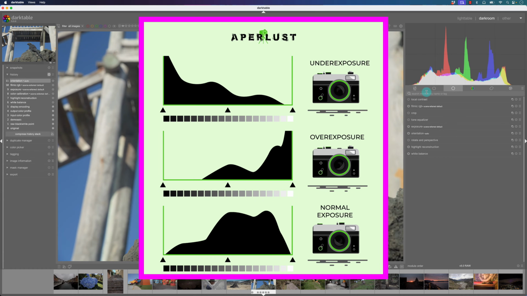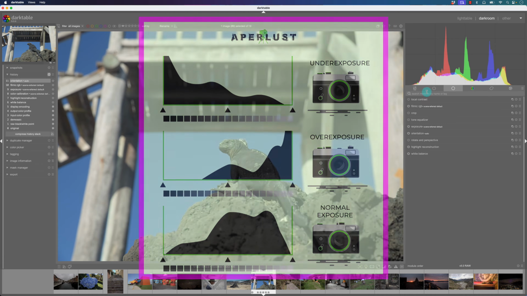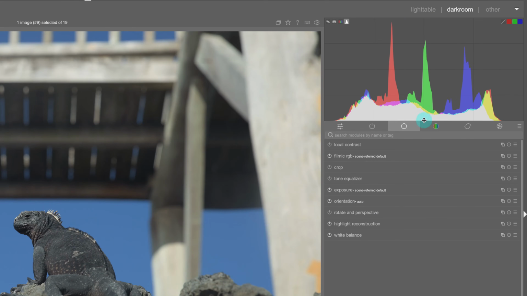The histogram is a graphical representation of the luminance value of a photo as well as the amount of pixels at each luminance value. So it's represented by a horizontal or x-axis and a vertical or y-axis, and it goes from left to right. The leftmost point is 0% luminance and the rightmost point is 100% luminance. In other words, it goes from the shadows to the highlights, and the middle is the midtones area,